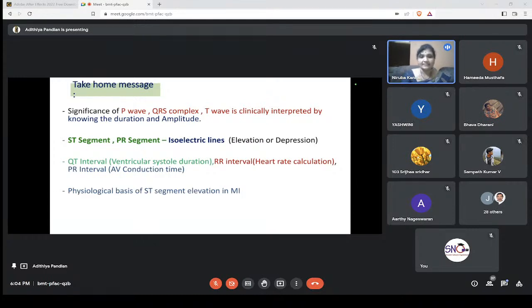Okay, ST segment elevation is seen in MI, and the opposite leads. If it is an anterior MI, those particular leads will show elevation, but the opposite leads may show depression. The next slide, please. Tall T wave in hyperkalemia, and low voltage you get in all types of low electrolytes, hyponatremia, hypocalcemia, everything. Next